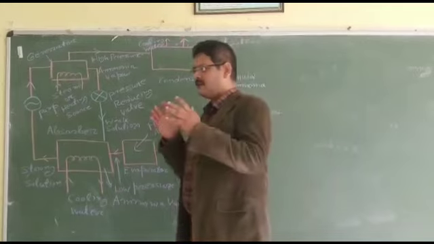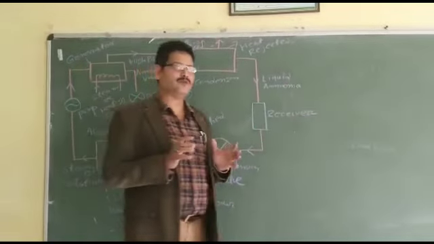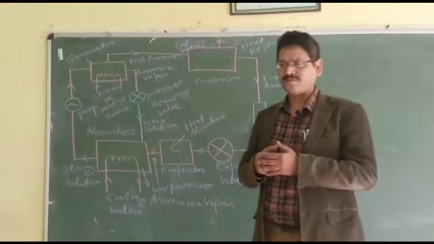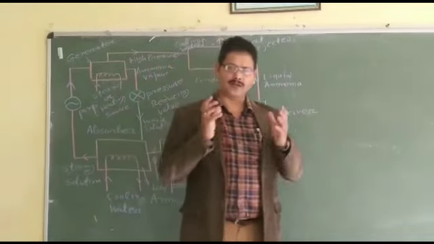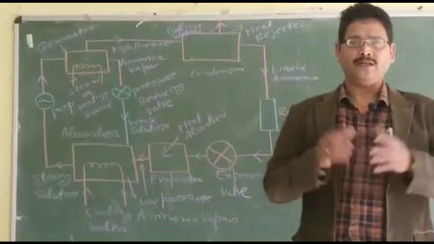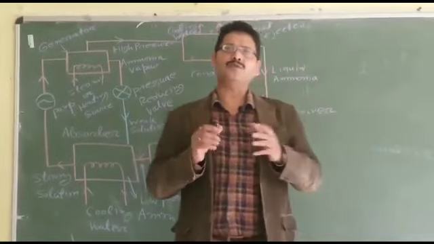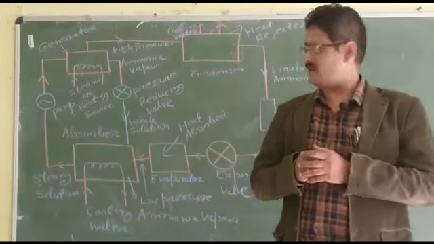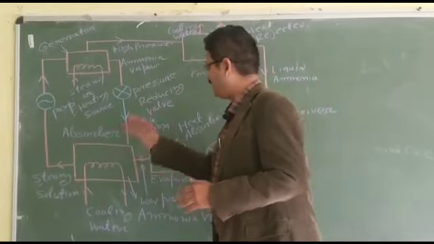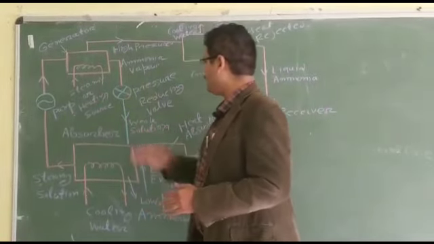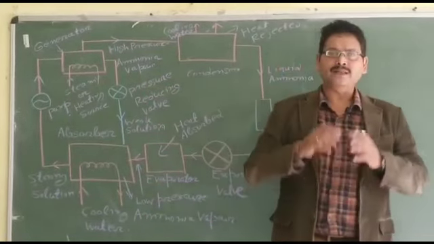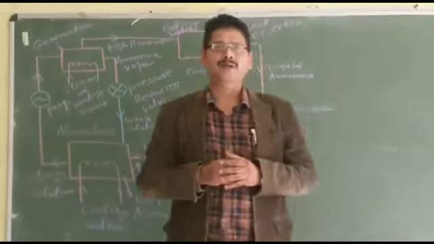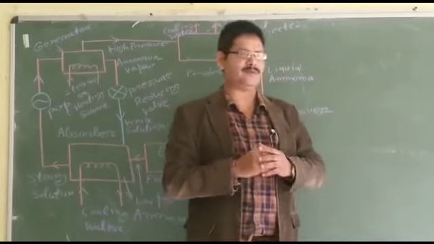Then another thing that you should know is that when it comes to your vapor compression refrigeration system, the essential components are your compressor, your condenser, your expansion valve and your evaporator. But when it comes to your vapor absorption refrigeration system, the compressor is substituted by a system comprising of an absorber, a pump, a generator and a pressure reducing valve, and these four components put together perform the same function as that of a compressor of a vapor compression refrigeration system.